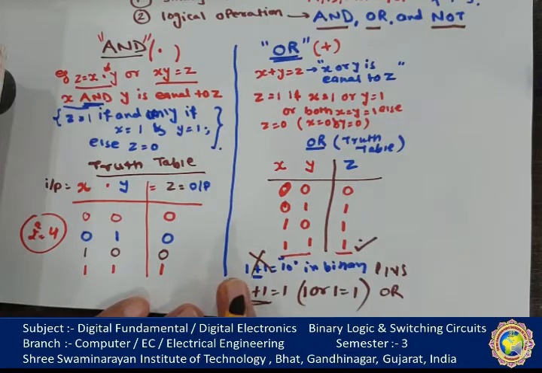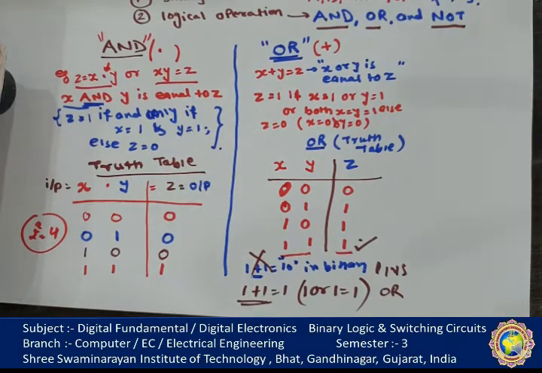But in arithmetic, 1 plus 1 equals 10. So the big difference is that 1 plus 1 is equal to 10, while binary logic has 1 OR 1 equal to 1. This is a very important point. Most of the students make mistakes here. So remember, in OR logic, 1 OR 1 equals 1, it is not 10. But 1 plus 1 as an arithmetic operation becomes 10. The plus sign is used in binary arithmetic operations, and these are the binary logical operations.